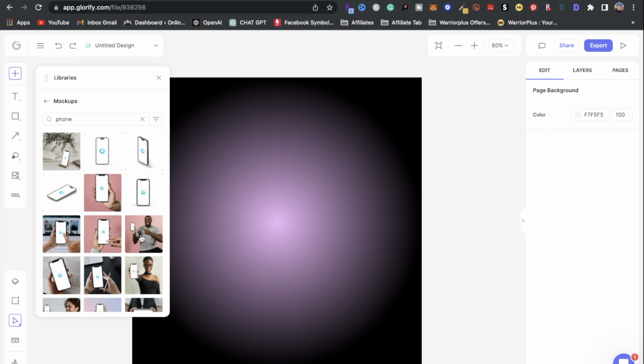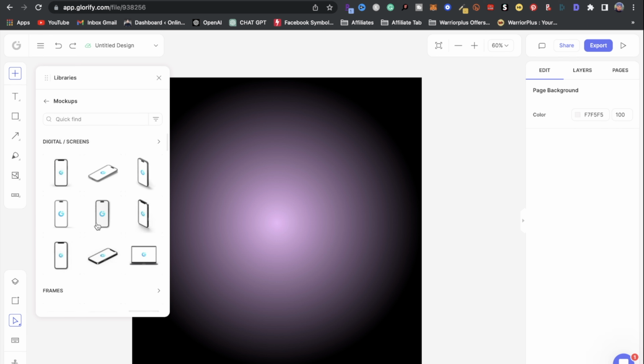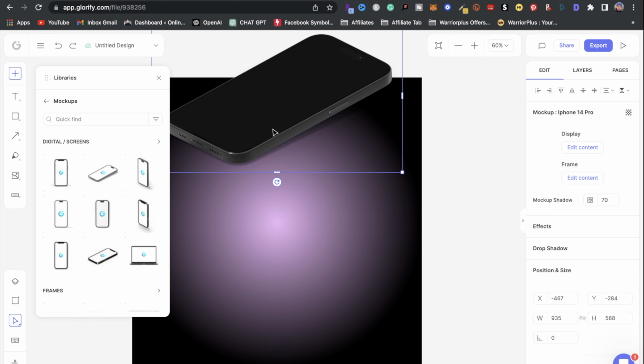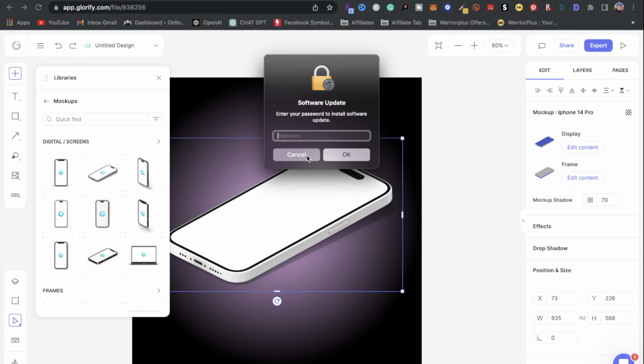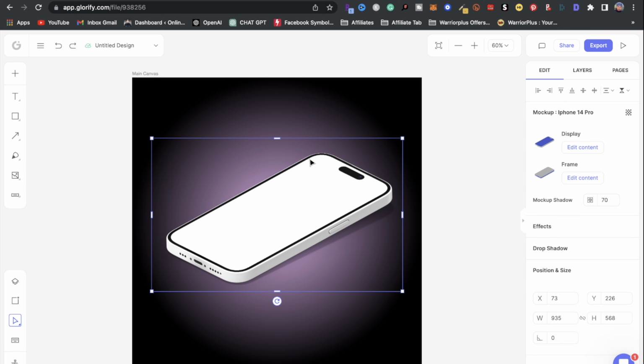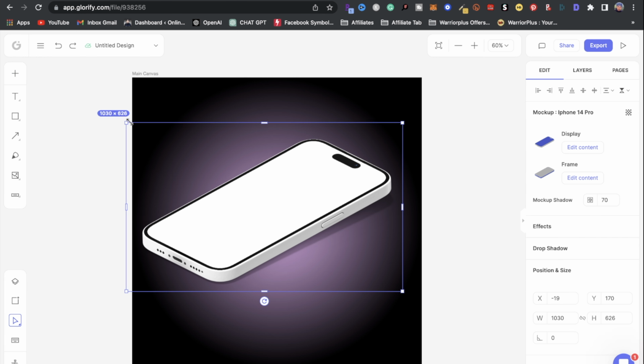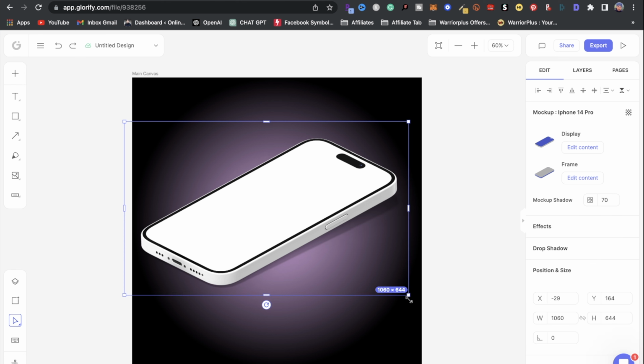Okay, you can have somebody holding the phone with the wallpaper, all right, or you could do it with the hand holding the phone, but I'm gonna go with something like this. Okay, so I'm gonna click on that. So right here it brought in the phone. So I'm gonna exit out of libraries. I'm gonna size this up just like so